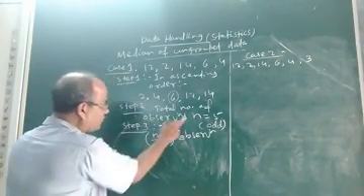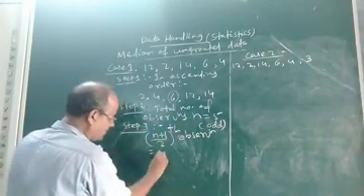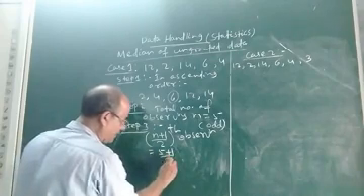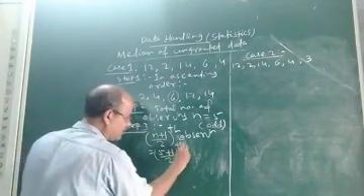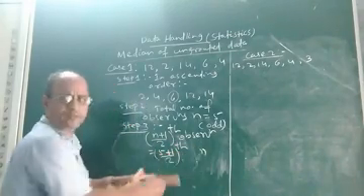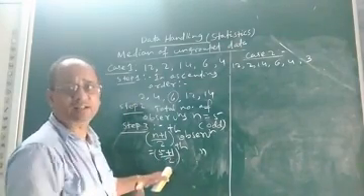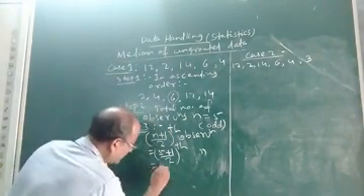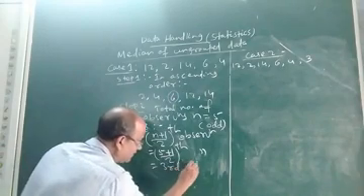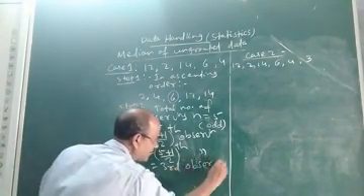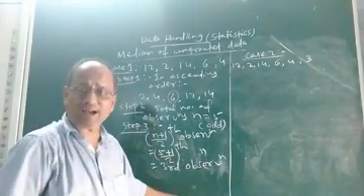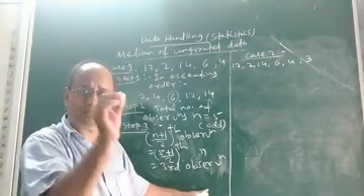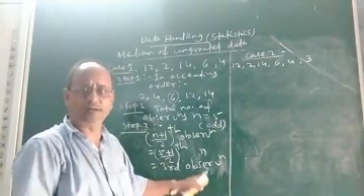See, the (n plus 1) by 2th observation. So in place of n, you put 5. You see, (5 plus 1) by 2th observation. Now 5 plus 1 is 6, 6 by 2 is 3. That means the third observation. So this will be equal to the third observation. You see, this third observation will be the middlemost value or the middle value.